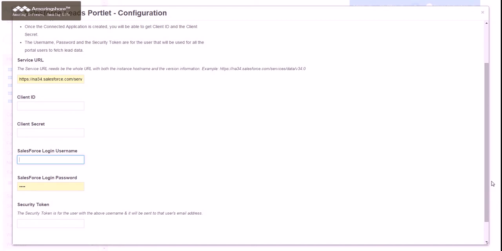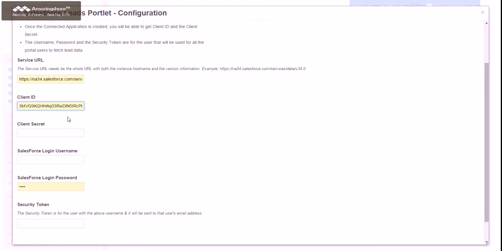So the client ID and client secret tell Salesforce that this is a valid client, that is, the portlet itself is a valid client. The username and the password are the portlet identifying itself as this particular user, and the security token is for that user. Hope that's clear.